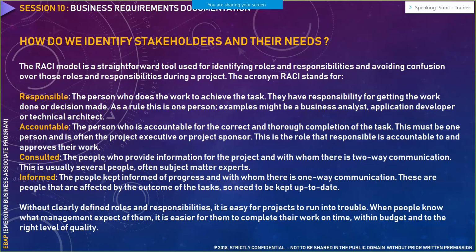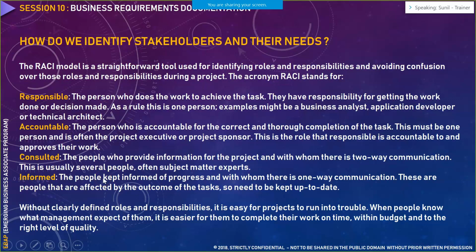Now what essentially you are doing over there, you are consulting that external person or external subject matter expert. You are capturing their viewpoint. So this is the third role in a particular RACI contract. Then the fourth role is your informed role. So these people are kept informed. They are not that much concerned about how the project works, or how the business analyst is gathering requirements, or how the developers are developing the requirement, or how the QA is performing testing. They are only concerned about the status of the project, whether the project is working as per the needed timelines or not. So those persons are called informed persons.